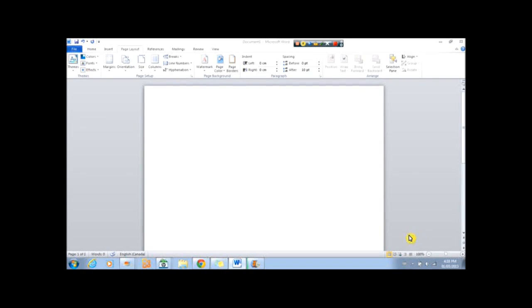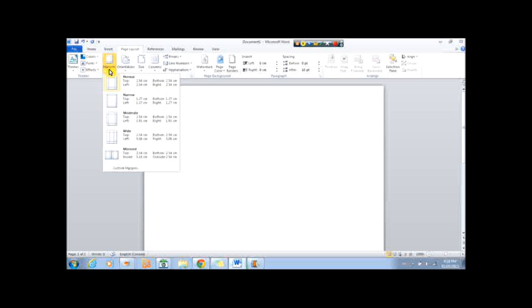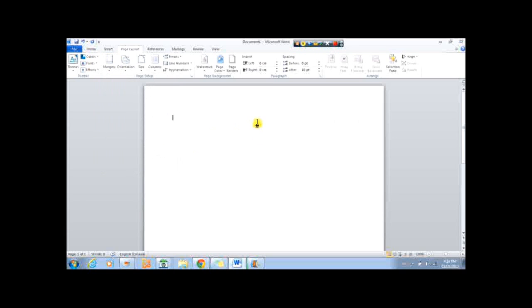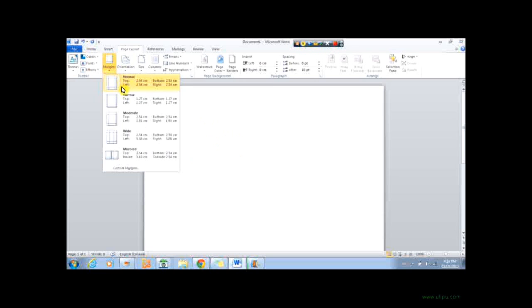Okay, so we're on to one of the bigger sections in the Page Layout tab, Page Setup. We're going to start with margins. Now, margins is just the space between where you can actually type or insert stuff, or mainly just type, and the edge of the page. So as you can see, normal from the top